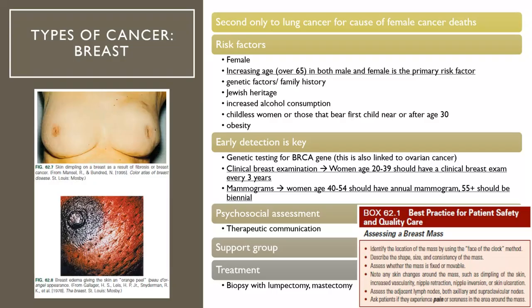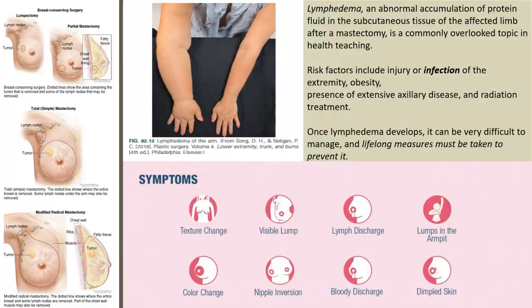And then treatment: you can do a biopsy, a lumpectomy, or a mastectomy. Things that we worry about after a mastectomy are no blood pressures or IV sticks. Nothing really should be done medically in the arm that the patient had the mastectomy or lumpectomy. The lymph nodes are gone. They're no longer there to fight off the infection. You can also see lymphedema occur, and if we look at this picture, this is lymphedema. Once it gets to that stage, it's really hard for it to reverse.